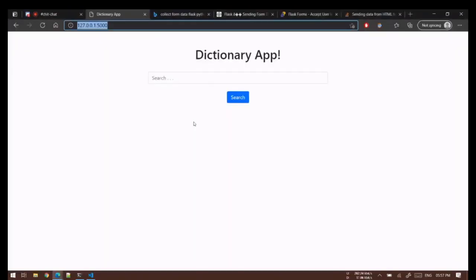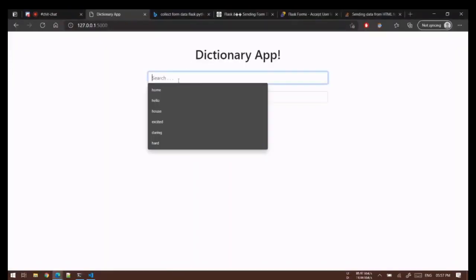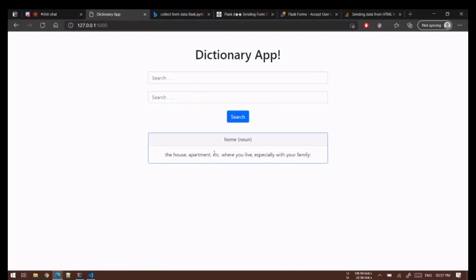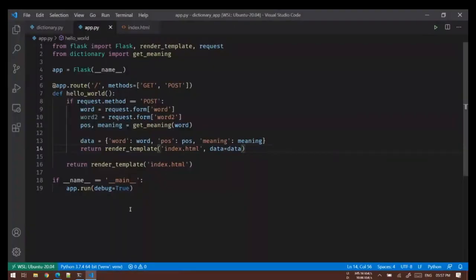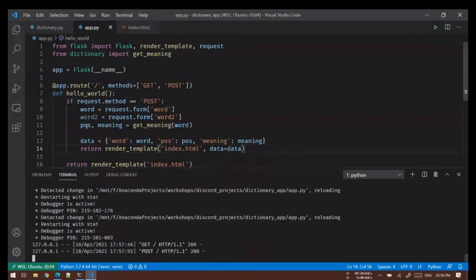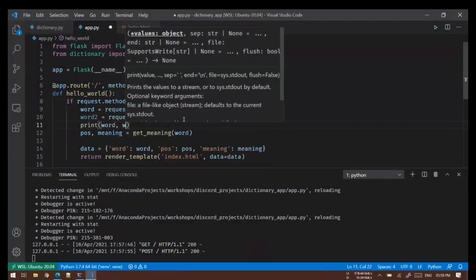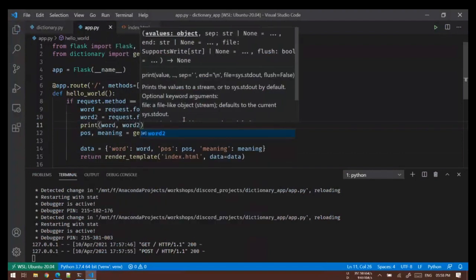Okay, so you will see we have two inputs. Here I'll pass home, here I'll pass alone, and then I'll say search. So it will give me the meaning for home. And I think we are not printing anything. So word 2 is not displayed, but we can check the value by just saying print word, comma word 2.